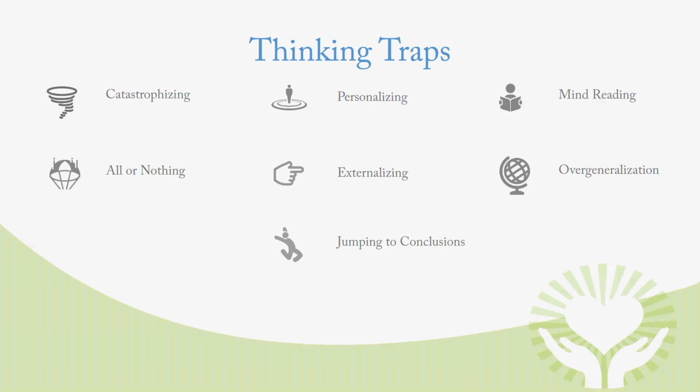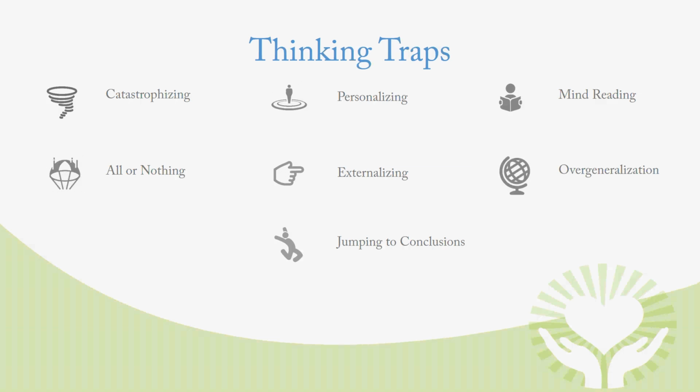Right. Great. You guys did great. So it's a great practice because as we went through the examples of thinking traps, those examples make a lot of sense, but in real life they look and feel so many different ways, right? As you guys brought up all of those, they covered things like jumping to conclusions, overgeneralization, mind reading, catastrophizing, right? And we do these pretty effortlessly because they tend to be related to some deep-seated beliefs we have. So that's why it's important to notice when those thoughts are coming up and then be able to say, yeah, but what is some evidence to the contrary? Or is there any evidence to suggest that that might not be true?